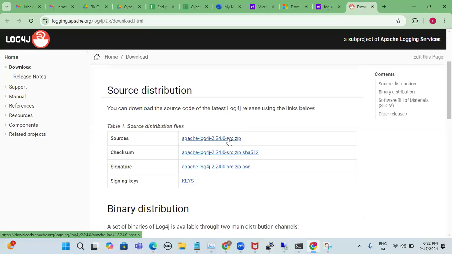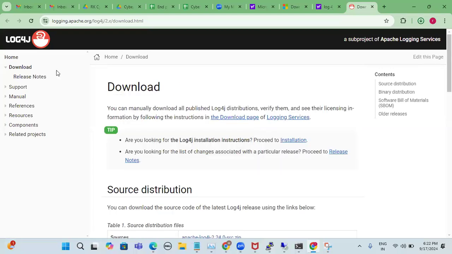Log4j now is open source. We can download this one and do the customization based on our requirement, and we can develop our product or mobile application. So this is one type of third-party software. Okay. So in a similar way,